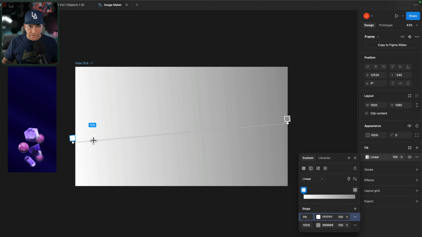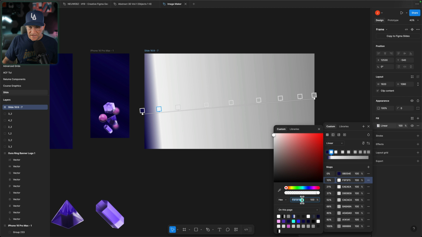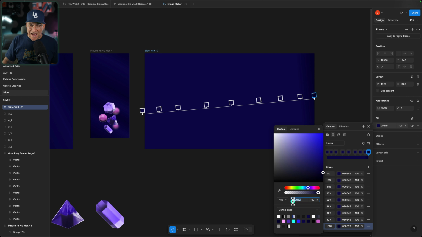And then we're going to add several stops right here. And this is where we would take time, geek out, and get it right. So let me go ahead and adjust the colors. And I'm going to make all of these the same color. Now I'm going to start adding in and making a little bit of a zebra effect with